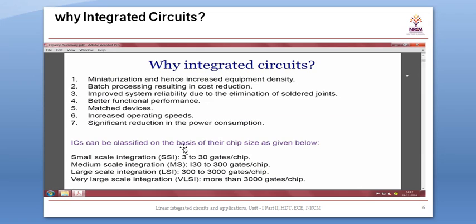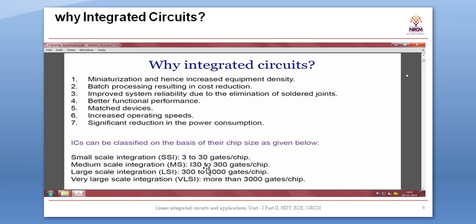ICs are classified on the basis of their chip size. They are classified into 4 categories: small scale integration, medium scale integration, large scale integration, and very large scale integration. Apart from that, there is ultra large scale integration and giant scale integration also, which is given in the book. In small scale integration, 3 to 30 gates per chip are manufactured,